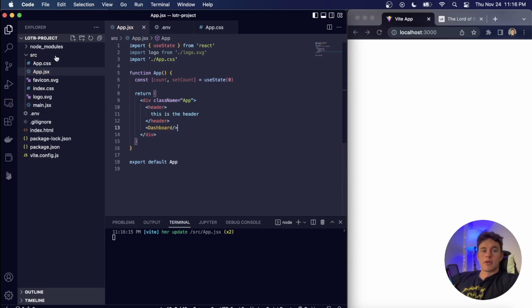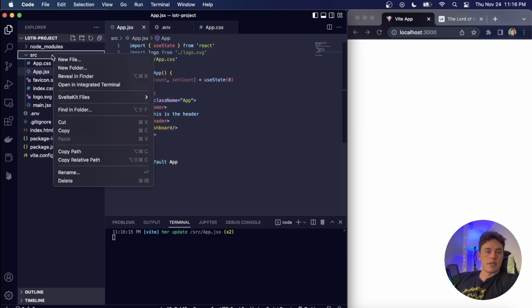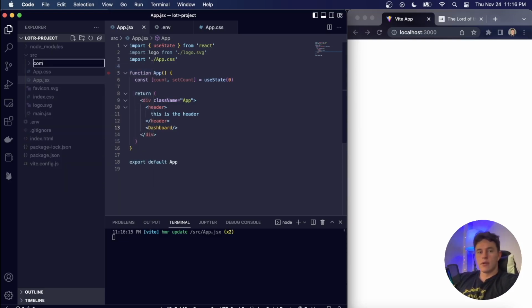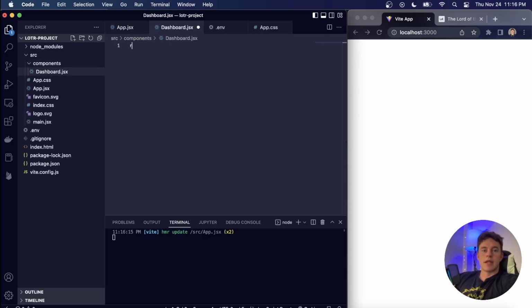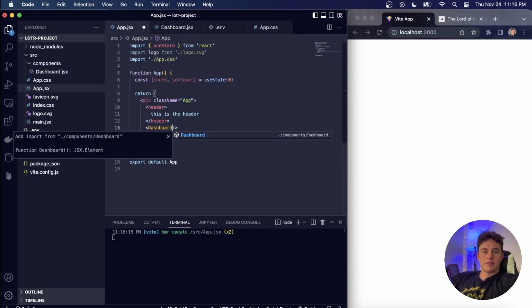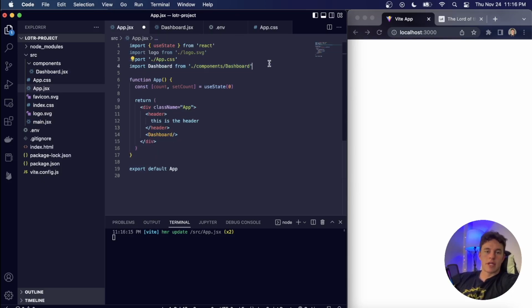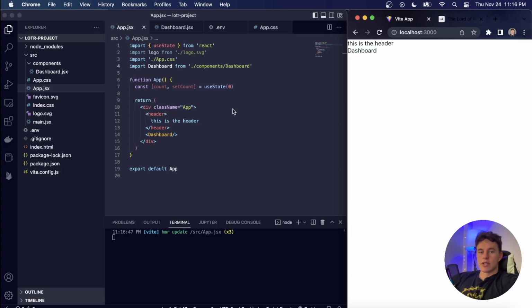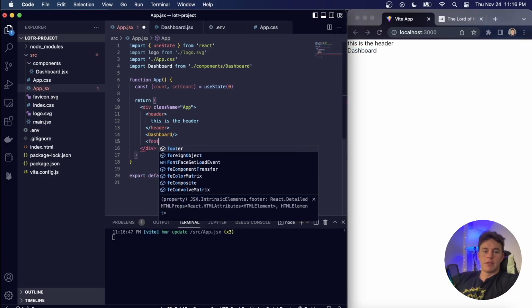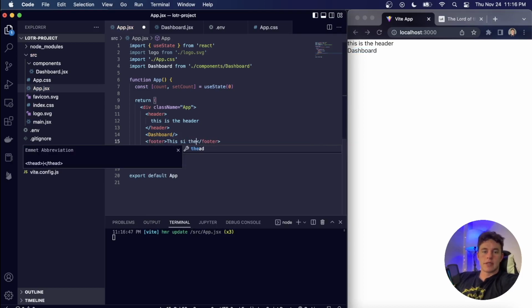Now this won't return anything because we haven't created that component, but what we can do is create a new folder in our source file called components, and in here we can make a new file, call that Dashboard.jsx, and in here we can use the shorthand RFC to create us a new functional component called Dashboard that returns some additional JSX. And so now when I save that and import it, so here we import Dashboard, now that gets rendered onto the page, and finally I could have a footer as I traditionally would. This is the footer,